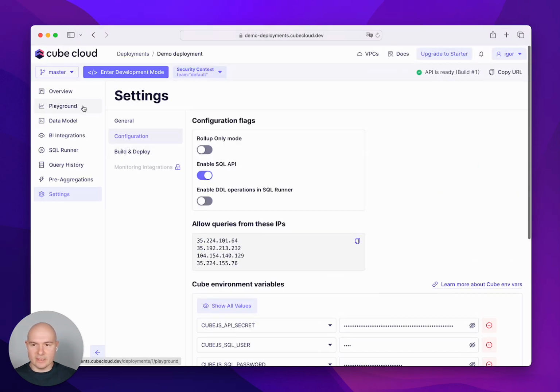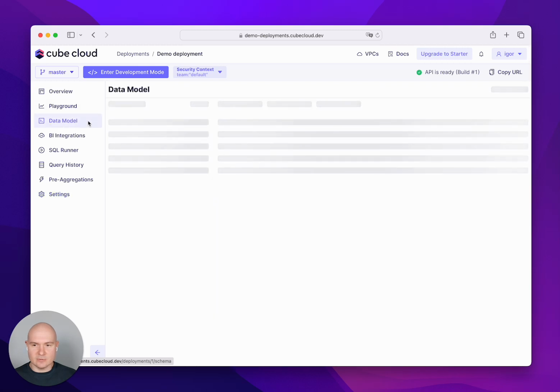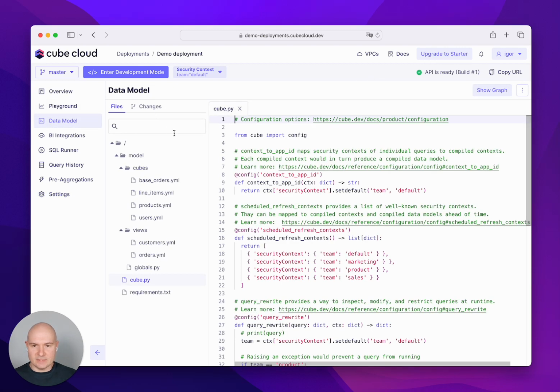And if we navigate to the data model tab here, we'll see that indeed the data model is populated with a number of files. We have 4 cubes, we have a couple of views in here, we have a Python file for dynamic data modeling, and we have the file with Python dependencies, and we also have this cube.py file